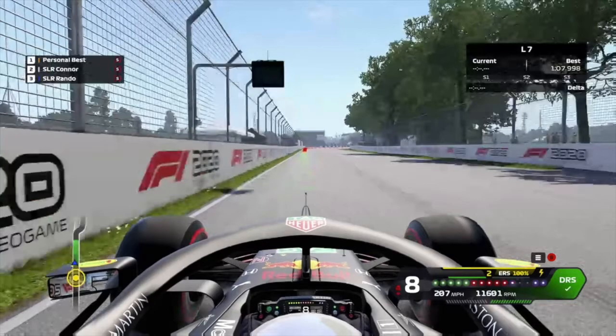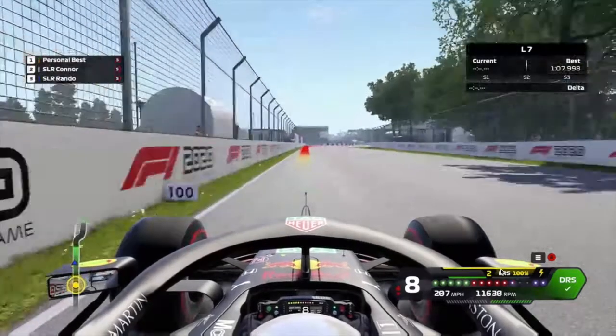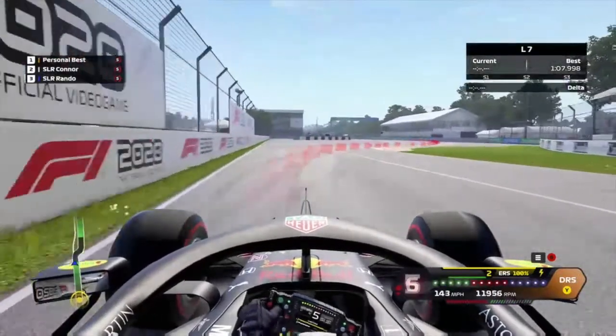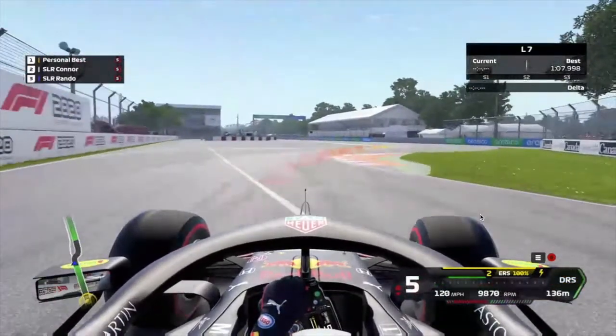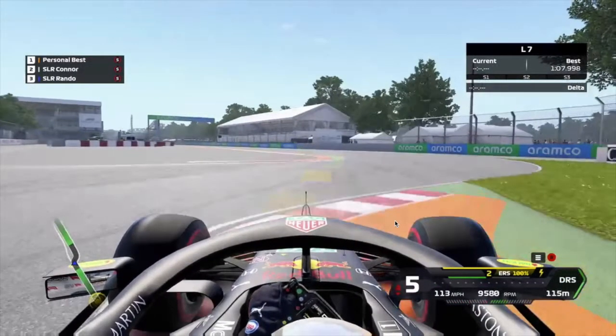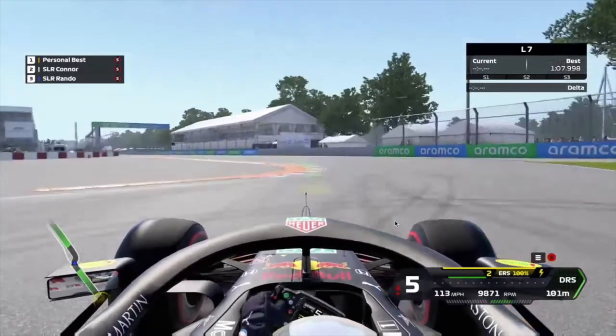Okay, so it's time for Canada. Probably one of the hardest parts about the track is the penultimate corner and the last corner. So obviously I'm just going to show it now so I don't have to do it again. Personally I like to take it in fifth gear, use as much of this inside curb as possible so this isn't an invalidation. So you can really abuse this right hand curve,